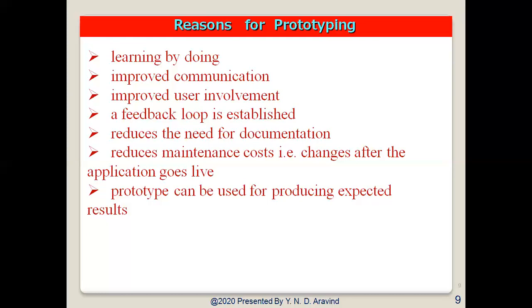Generally, this prototyping technique we use in NASA. Just like that, we cannot prepare the rockets or satellites. First, they make a prototype. They test the prototype. If the prototype is successful, then they go for the original. Because for inventing any satellite, it takes crores and crores, billions and billions of rupees. So before making that investment, they create a prototype, a small thing with minimum features. They will test it. If that is successful, then they go for the original product. That's the reason they go for prototyping.